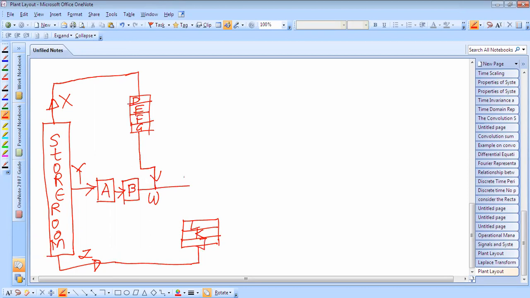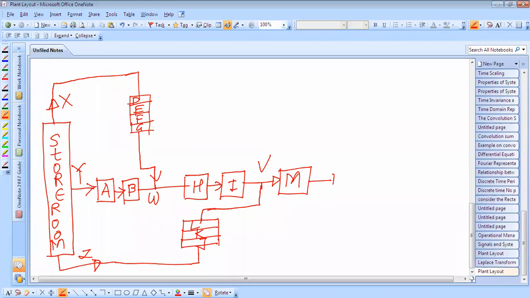And whatever semi-finished product is done on this line is again added with A and B, and again operations are performed at point W, and again they have to perform operations on these H and I machines, and this semi-finished product is again added to this line at point V. Then there are again different machines on the Y line: M machine, N, that is O machine, and then this P machine, and after that it is sent to the stock room.